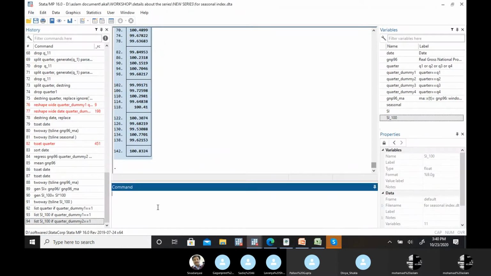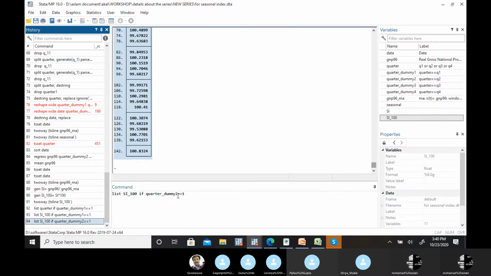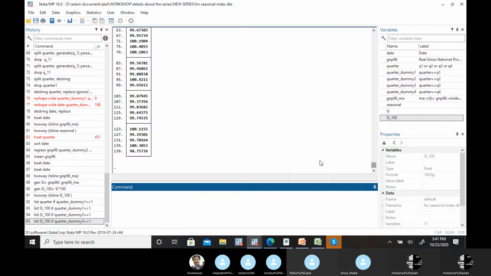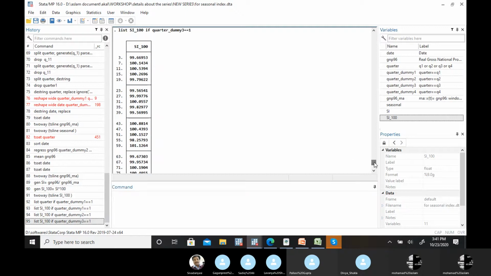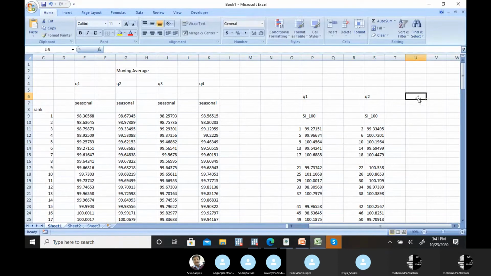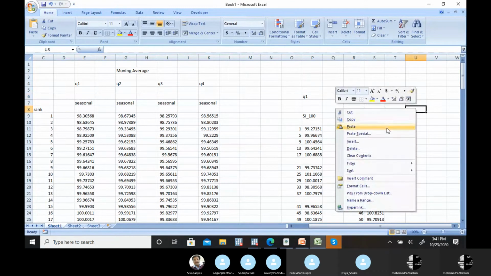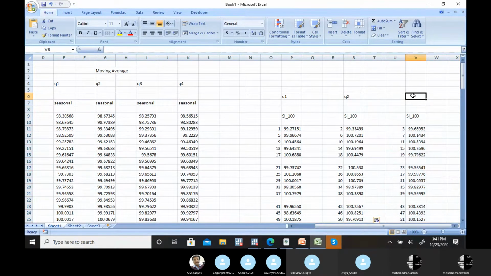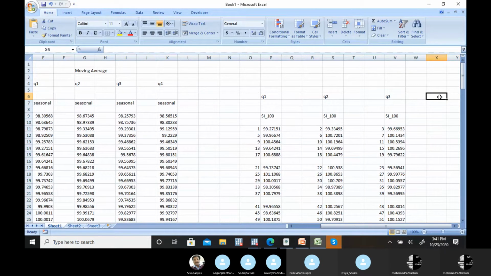Then third quarter. Again, copy as table. Paste in your Excel. Q3, and then Q4.